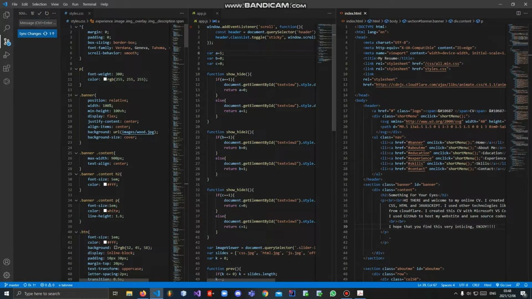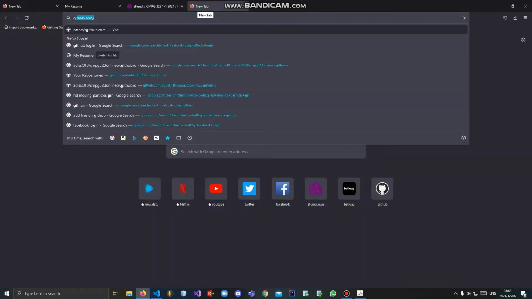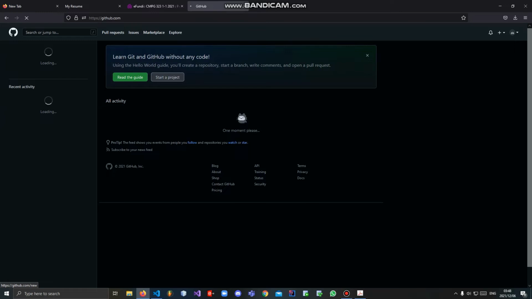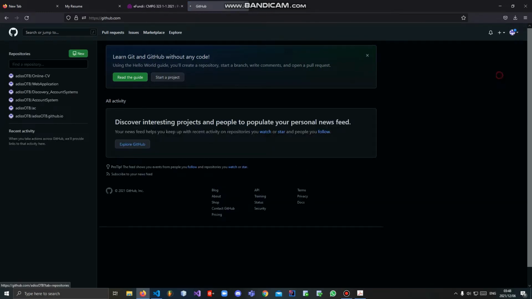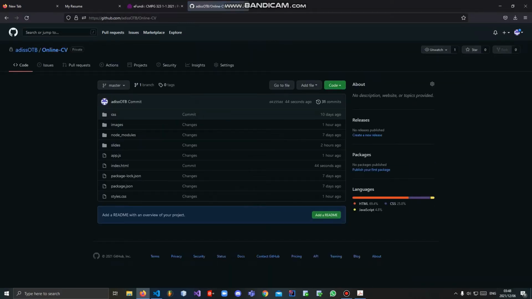into GitHub. When I go to my browser and go to my GitHub account, you can see that on my repositories, this was updated 14 seconds ago. So basically, this is the folder that I've been creating the project on. And when I created my API to host my project, this is the folder that I created with the link and everything. So I've been committing to this folder from when I started